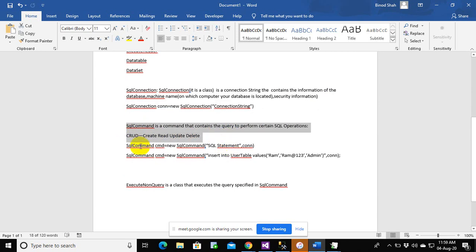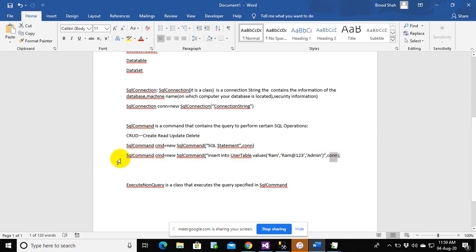So how do you write a SQL command? You can write SqlCommand cmd equal to new SqlCommand, and you pass the SQL statement here, and you also pass the SQL connection here. One example is SqlCommand cmd equal to new SqlCommand, insert into user table values, and we need to pass a connection class here.